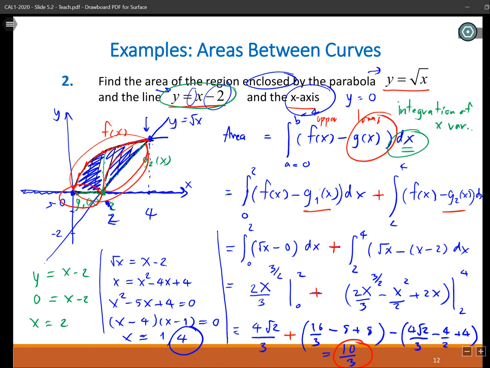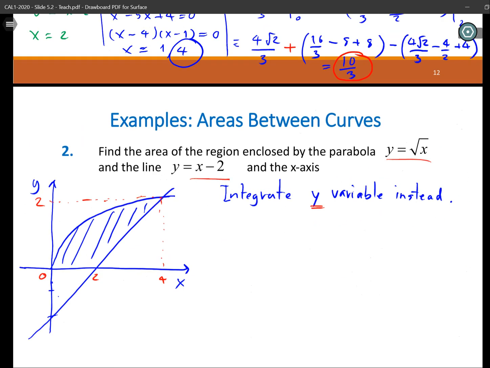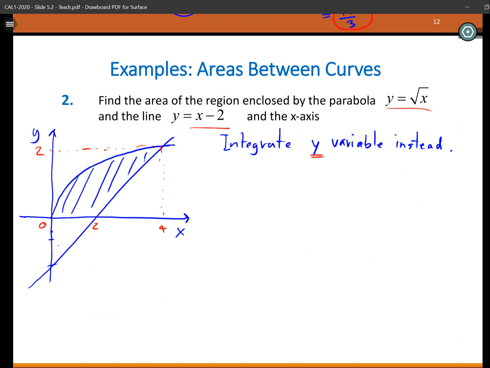So when it comes to integration of the x variable, it's associated with the Riemann sum in this shape, right? The height of this rectangle is fx. Okay, let me change color. The height of this rectangle is fx minus gx. So that is the concept that we follow in order to use this formula. But now, in this same example, we are going to work on the y variable instead. So instead of having this